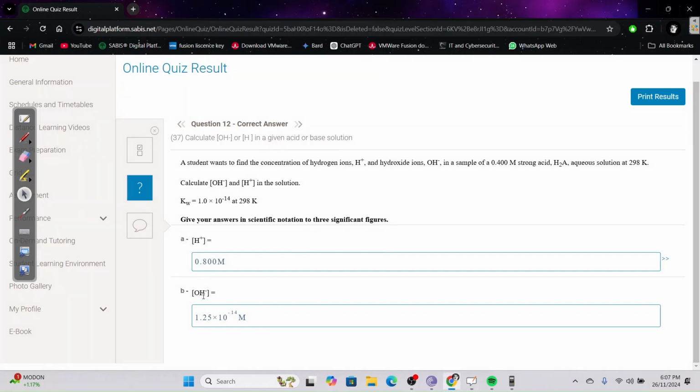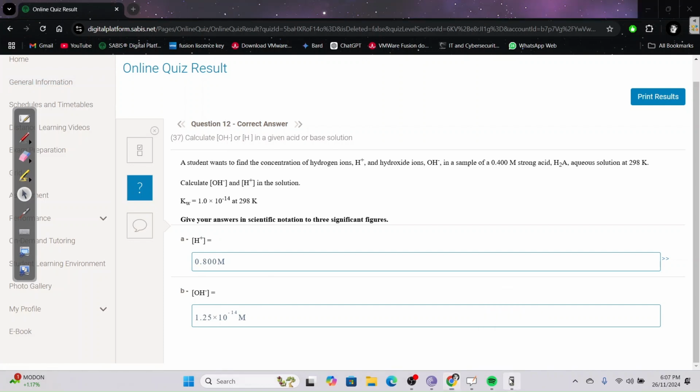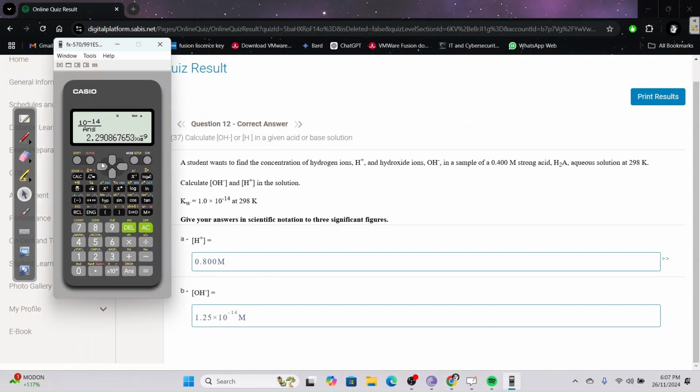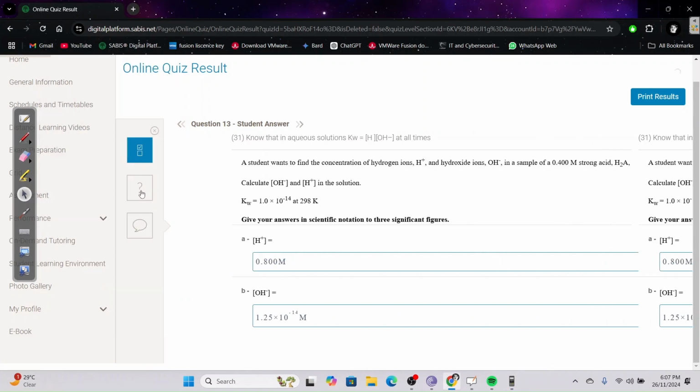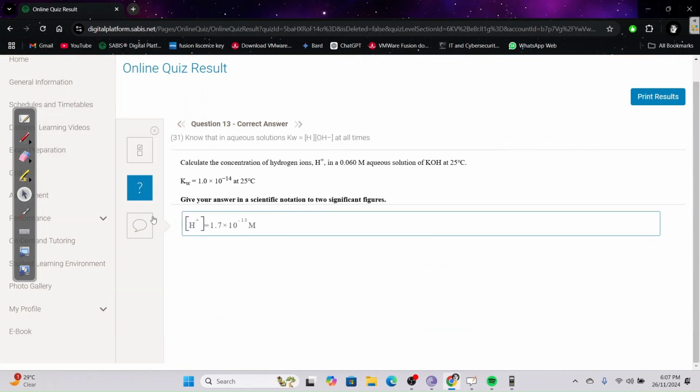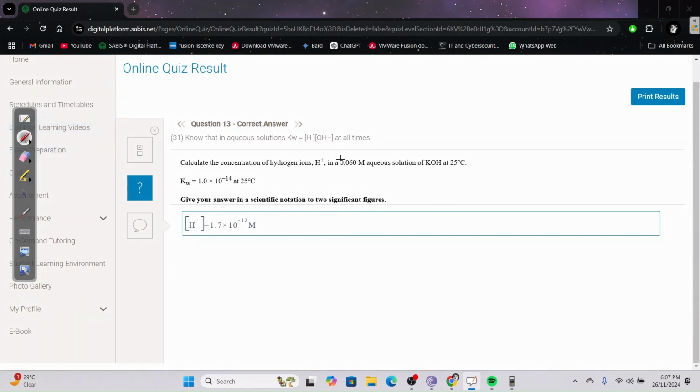Now you do what you did before. Same thing. 10 to the negative 14 over the concentration of H plus. So over 0.8, which gives you 1.25 times 10 to the power of negative 14, and that's your answer. Question 13. Calculate the concentration. Okay. This is fairly easy. So you multiply this by the subscript to get the hydroxide. The subscript is 1 here, so 0.060 stays. So the concentration of OH minus, sorry,